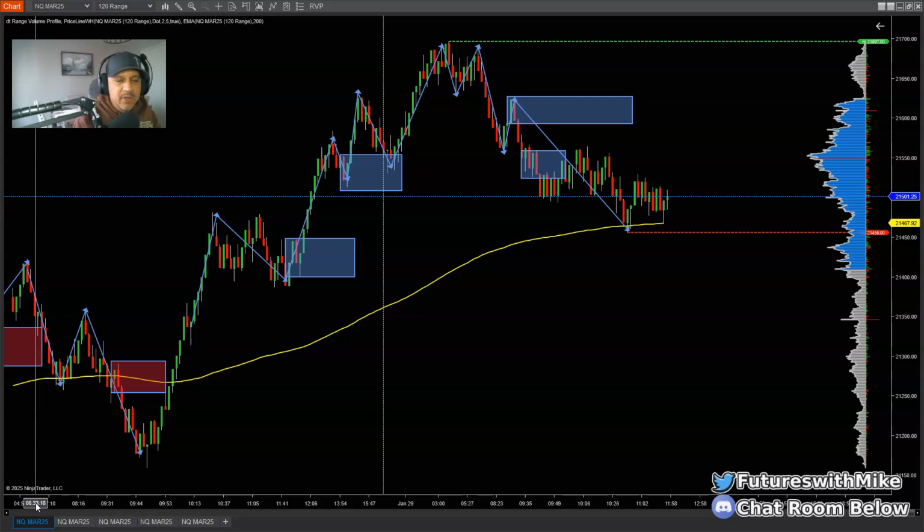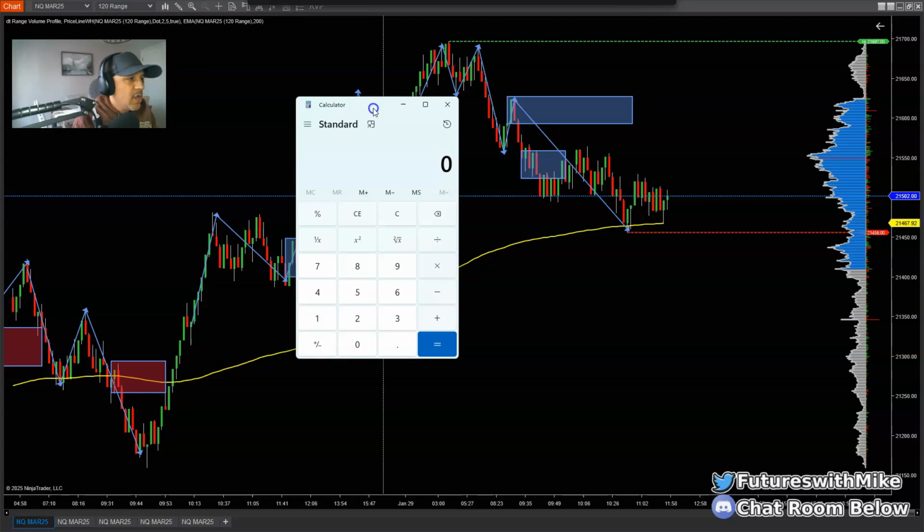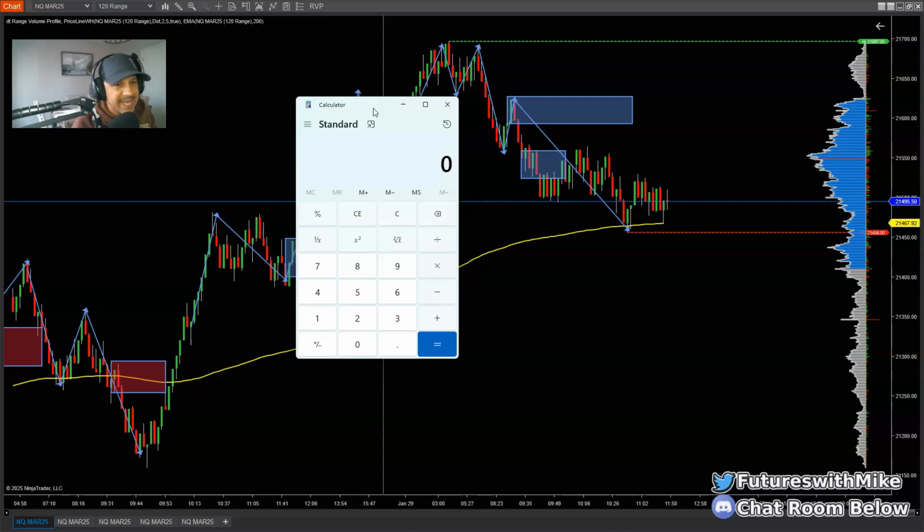So in reality, if you can only risk about $50 on a $1,000 account when trading the micros, for example the Nasdaq, I'm going to show you an example here. Let's say we're aiming for 10 points at a time. Now, my goal is to try to get about 20 points on a trade, but it's all dependent upon price action. So let's say 10 points, because 10 points is fairly easy to get off of each scalp on the Nasdaq. On the Nasdaq, if you do 10 points, that's 40 ticks, because you have 4 ticks in every point. Now, if we do that times the tick value of the micro E-mini futures, it's only 50 cents a tick versus the full E-mini futures.